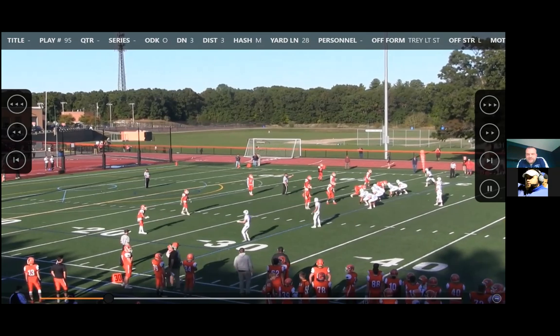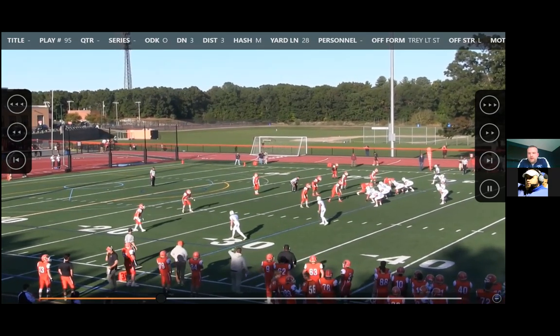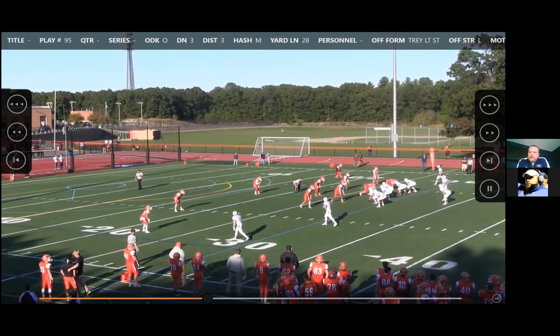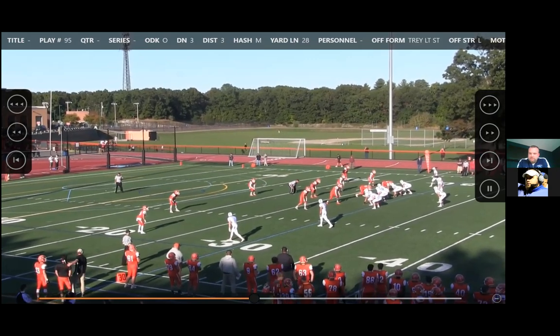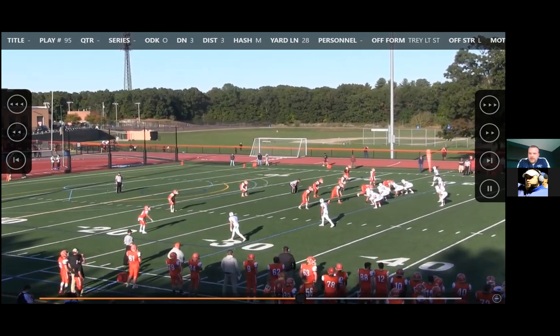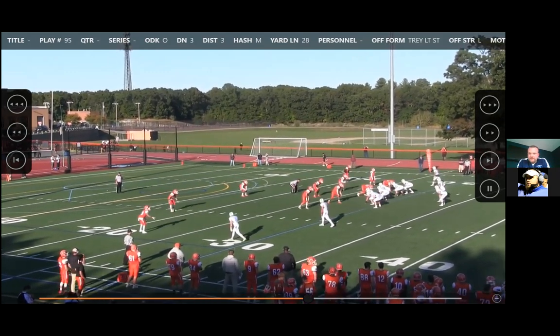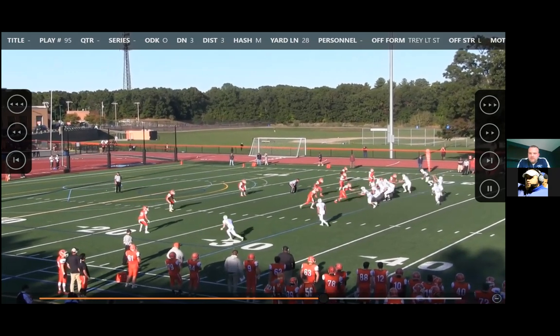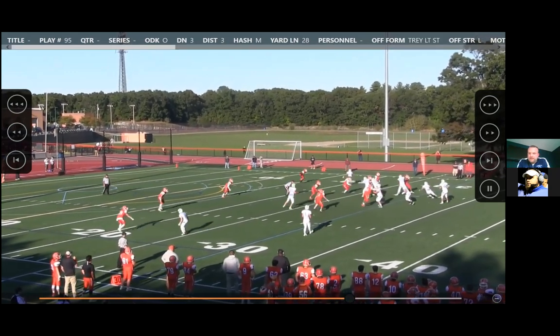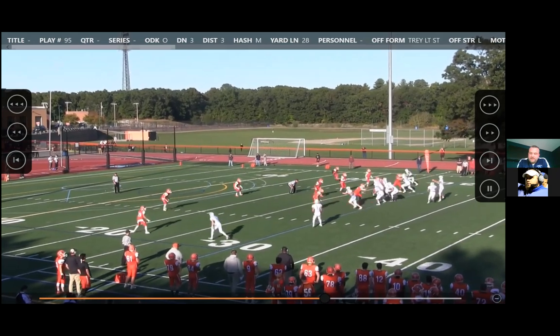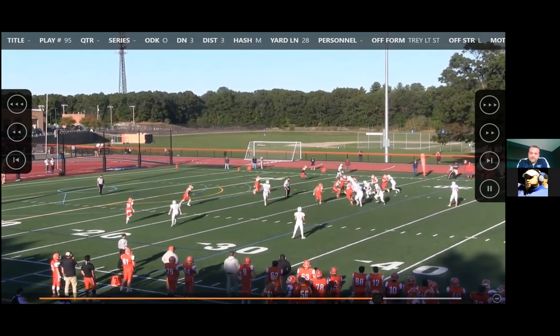We were really successful with this early on when we were running RPOs, even the first year. And this is one that we like a lot. It's sort of part of our greatest hits, I guess. And you can see the tight end is going to give a little bluff action here, which is fine. He was coached up to do that. We're reading this cat right here. And he felt that he was out of the run game, out of the run picture. So we handed the ball off.